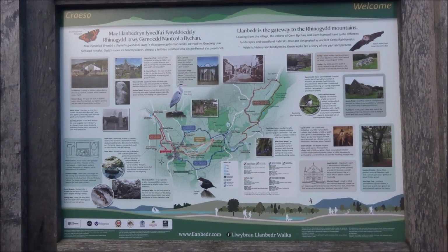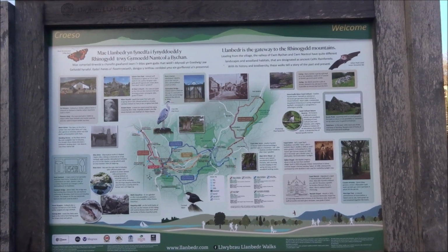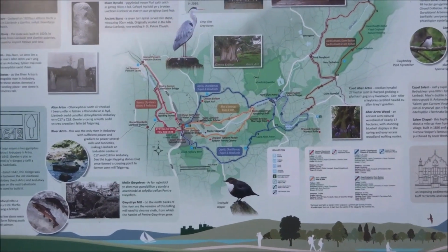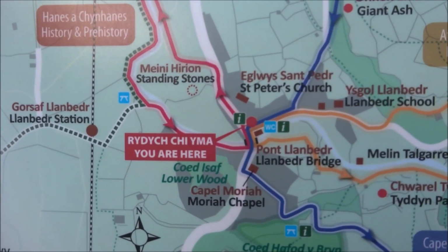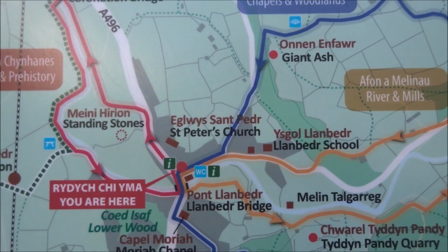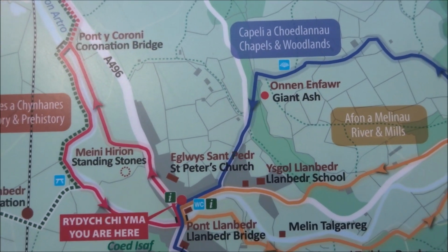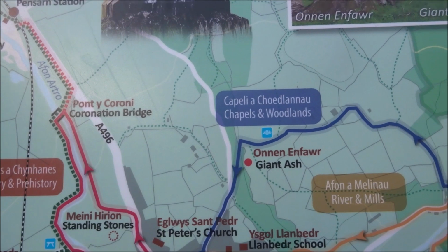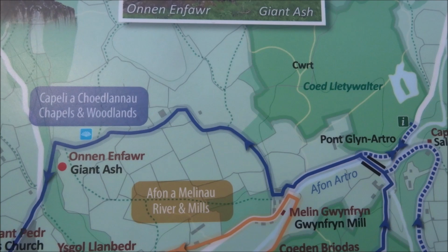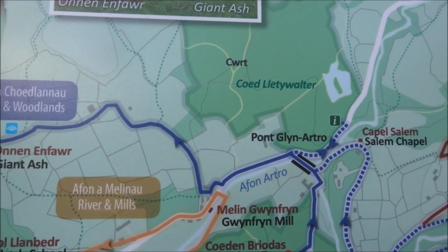Okay, Llanbedr is the gateway to, well, I don't know how to pronounce that, Rhinog Mountains, and the map shows pretty well the route I've just taken. I am here, and I parked there by the school, and then I walked up that blue lane there, and I passed the giant ash. There are some large trees up there, and then to Gwynfryn,